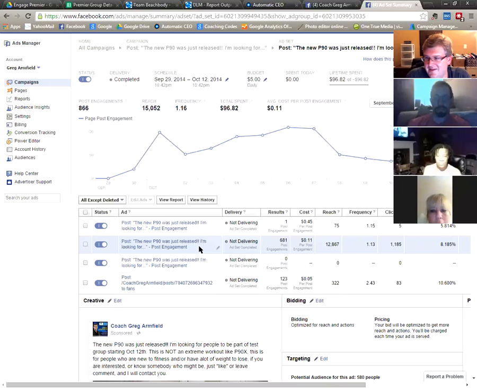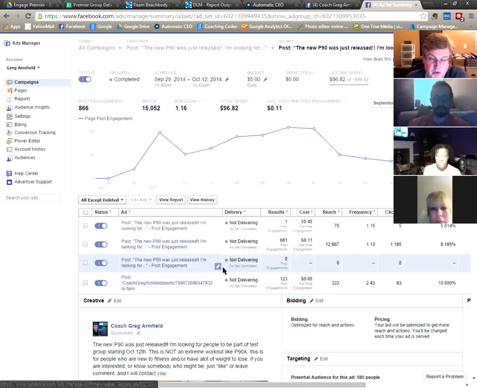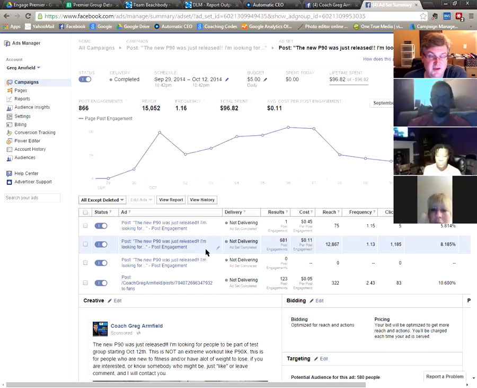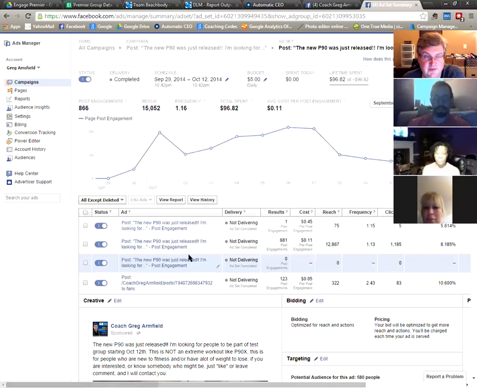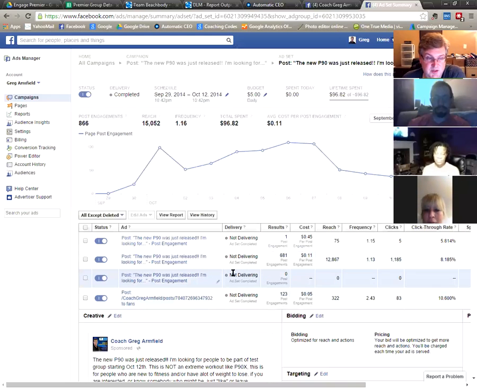Or maybe if you had a picture of an older guy working out, you might target 50 plus, you can do that, right? And like Steve McDonald always says, the more specific and targeted your ad is, the more engagement you're going to get for the cheaper price.